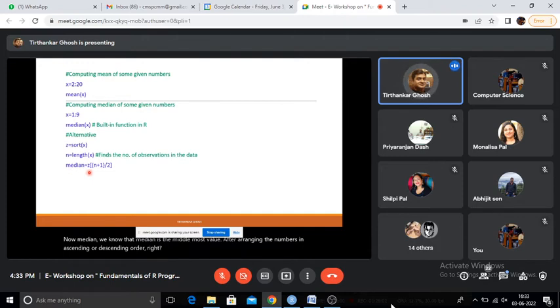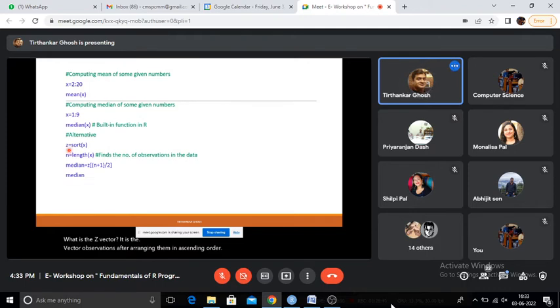So median is z within brackets, the observation at that position. Here n equals 9, 1 2 3 4 5 6 7 8 9, nine observations. So 9 plus 1 is 10, 10 by 2 is 5. So the fifth observation of the z vector will be the median. What is the z vector? It is the vector of observations after arranging them in ascending order, and this is the median.